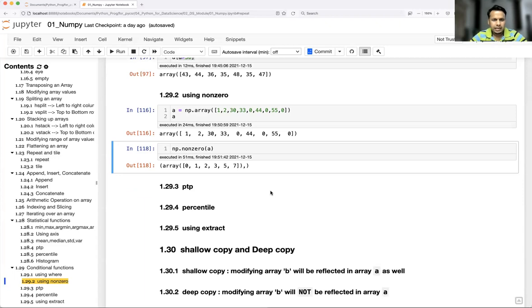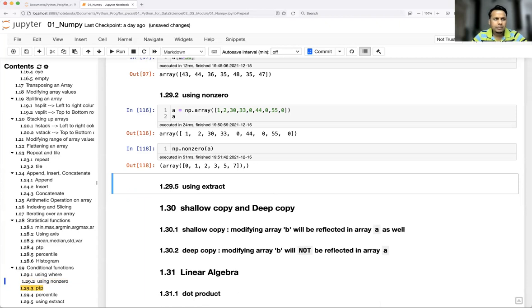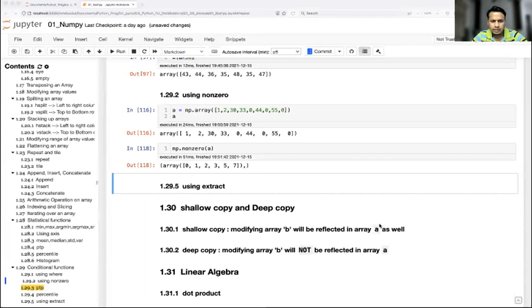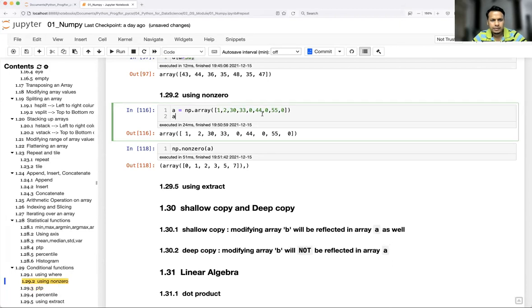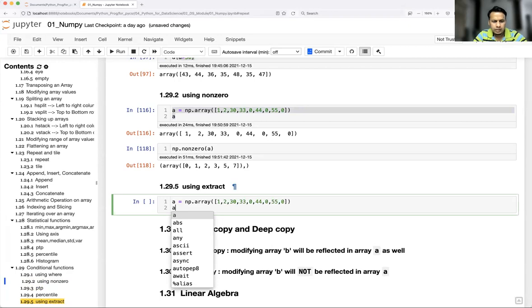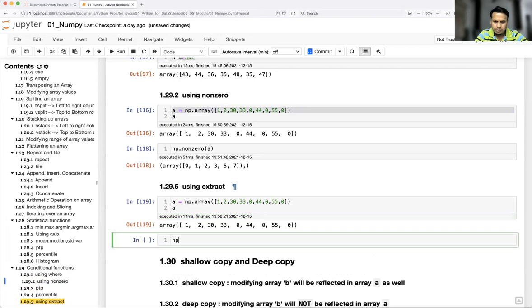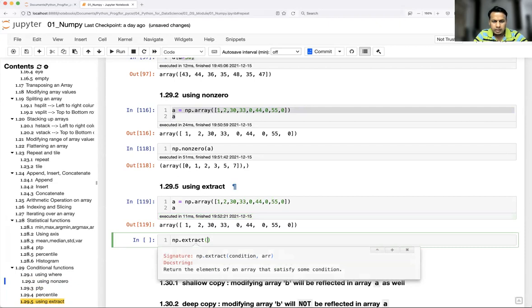So where, I think I have already shown you, so let me delete this. We have something called extract. Okay, so let's see how extract works. Here I'm going to use the same array. np dot extract, so what will be the condition?